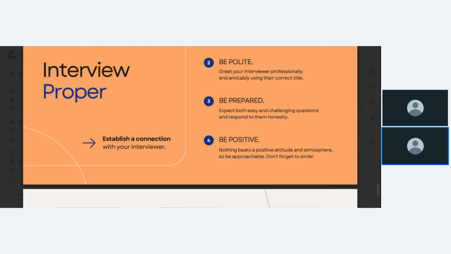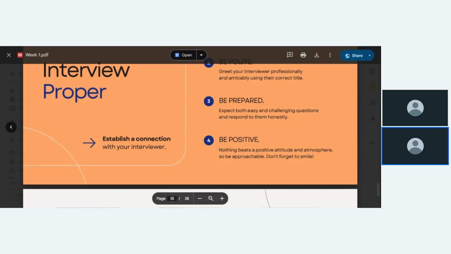If it's a panel of interviewers, for example, you can just greet everybody, good morning. If it's morning, good afternoon, good evening. You don't need to use titles. If you want to use titles, that's fine. But it's better to be on the safe side, because if you are using the wrong title for this person, they may feel some type of way. So be safe. A simple good morning might just work better, because I've seen people come for an interview and they're saying, good morning, Mrs. Eloho. I'm not Mrs. I never told you I was.